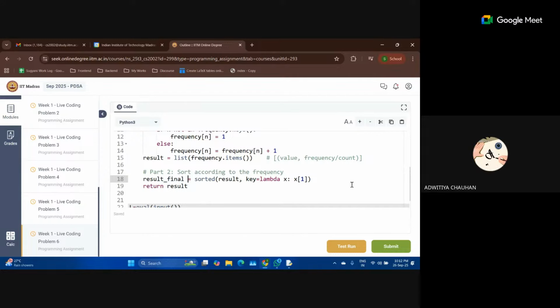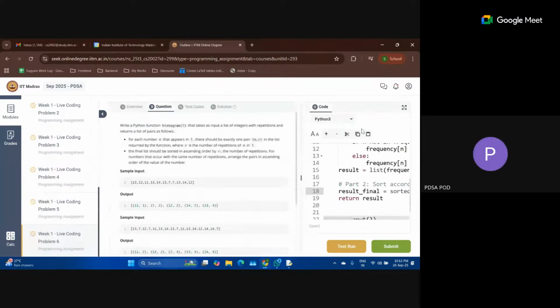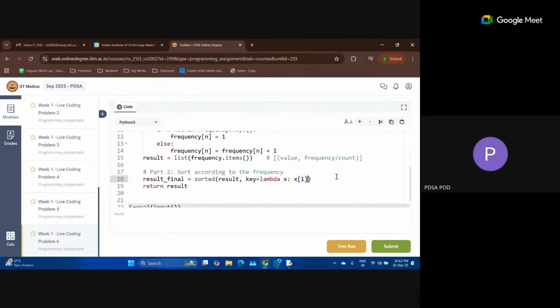So we can write it as lambda x: tuple of x[1], x[0]. The final list should be sorted in ascending order by the number of repetitions, and if there are the same number of repetitions, then we have to sort according to x[0]. That's why we have x[0] over here.